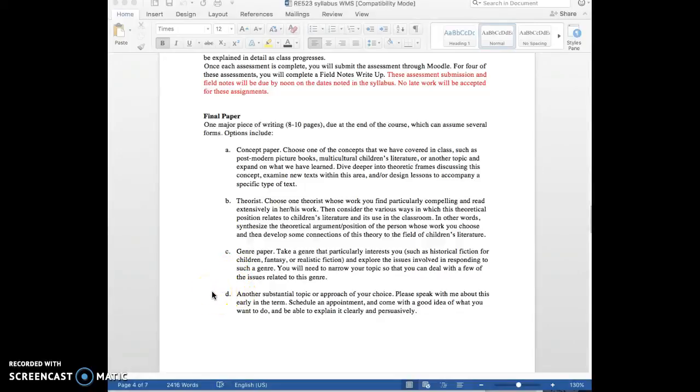long. The first choice is a concept paper, and this concept should primarily be on one of the different types of children's literature that we've looked at. We've looked at postmodern books, multicultural children's literature, and books for LGBTQ topics. So any of those areas that you might want to really explore and expand on what we've already learned,